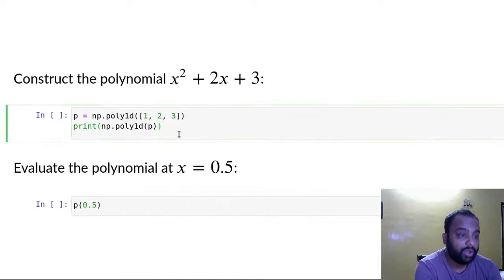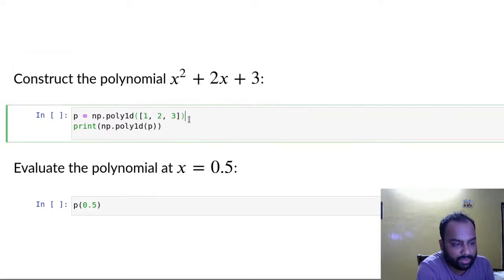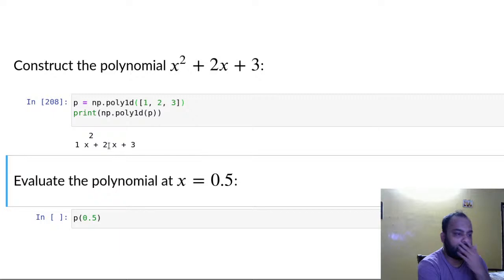In NumPy, we can create something called a polynomial object as well. So instead of just array objects, we also have these fundamental objects. In NumPy, we have array objects, but also polynomial objects. So I can create a polynomial with coefficients 1, 2, and 3 like that, where the coefficient is 1 here, 2 here, and 3 here. So now we have a polynomial,